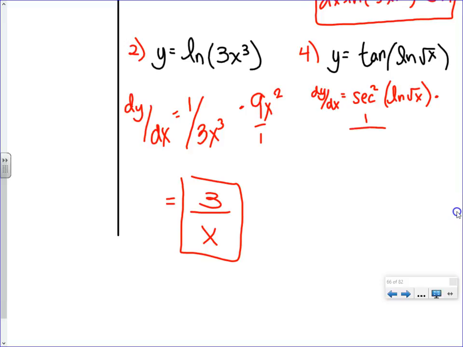1 over u times u prime, or you could do u prime over u, but I like doing 1 over u times u prime, especially when the u prime is something messy. It helps me kind of spread it out. But 1 over u times u prime. Oh, that's right. Peel off the